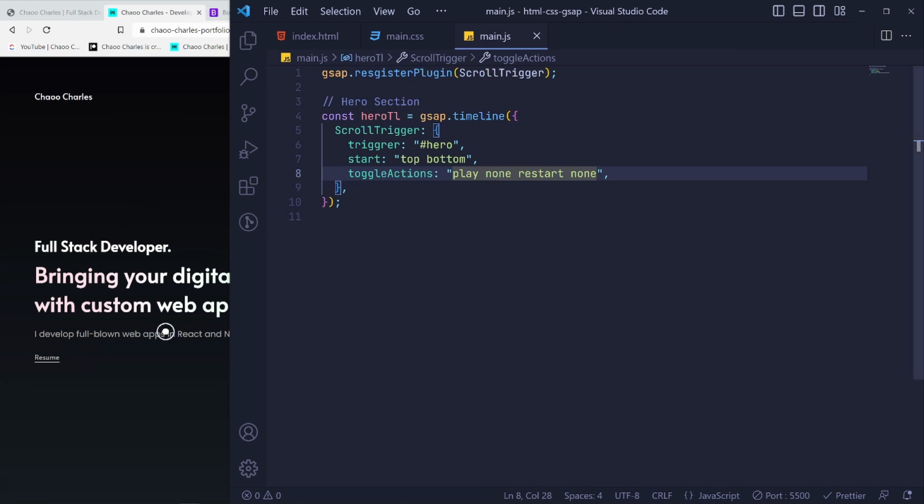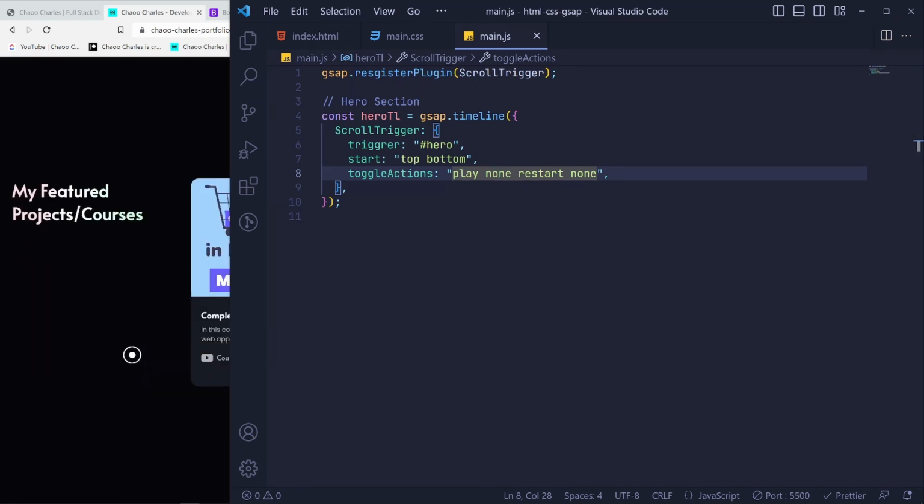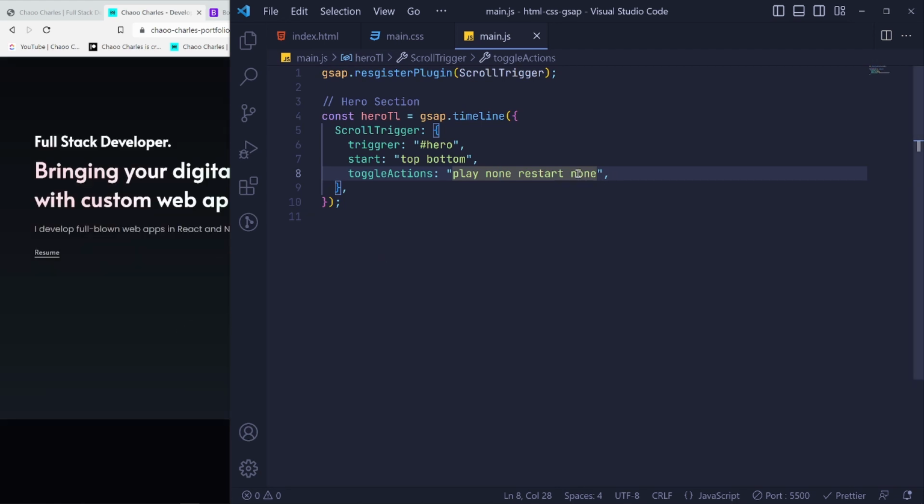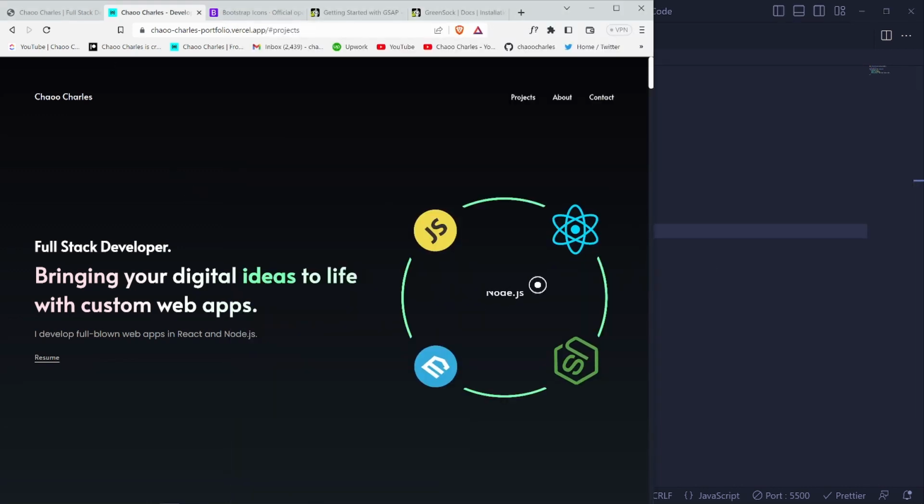This is when we are getting out of this section. When we are scrolling out of that section, this is when we are scrolling back to this section. This is when we are scrolling back out of this section. So I have this play for when we enter and when we get back. Then these are none. So if I come back to HTML